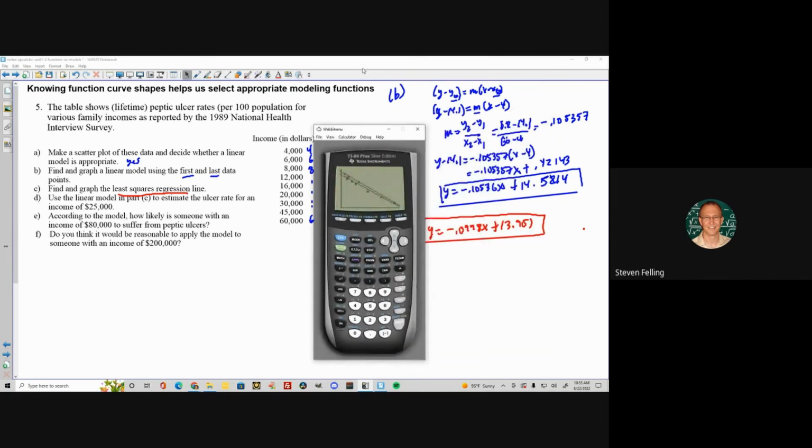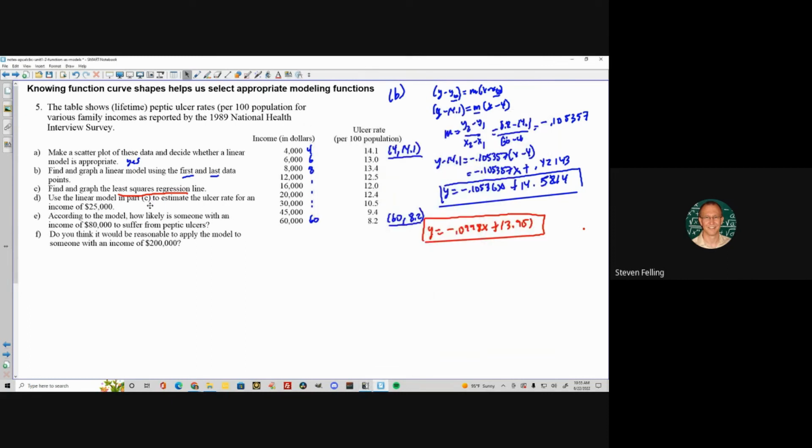All right, now that we have that, it says use the linear model in part C, which is the regression one, to estimate the ulcer rate for an income of 25,000. So once we have a model, that means we can plug in an X and find a Y, or a Y and find an X. So if they want an ulcer rate for 25,000, that's equivalent to, for part D, having X equals 25. So I'm just going to use the linear regression model, negative 0.0998, but plug in 25,